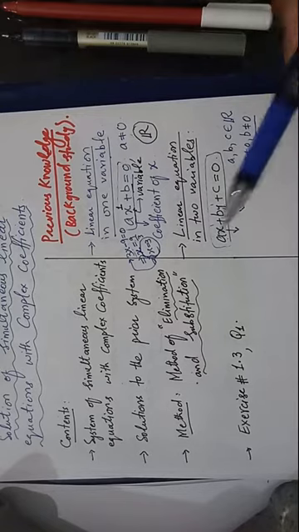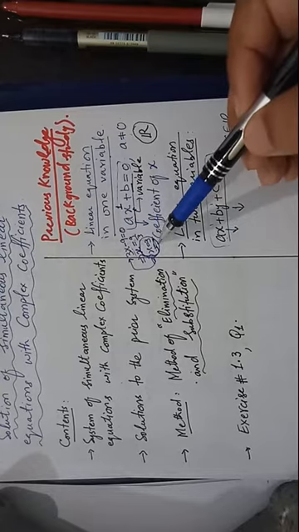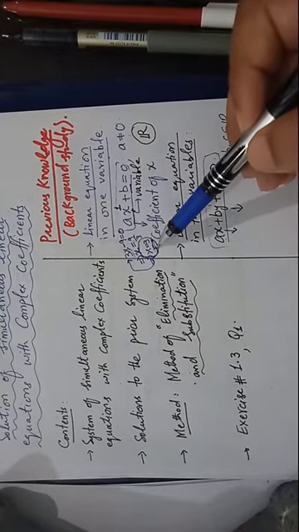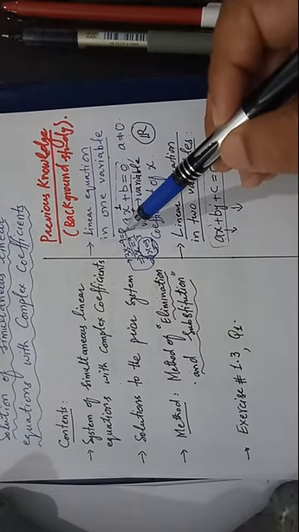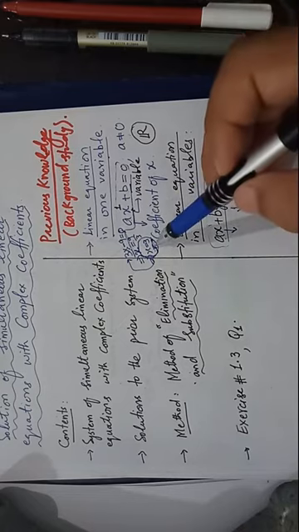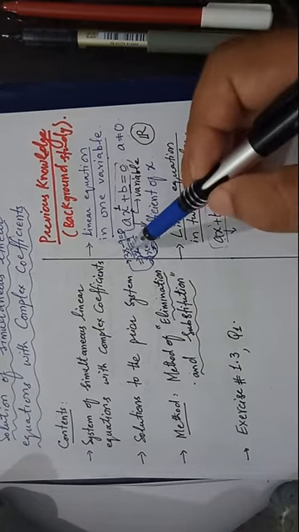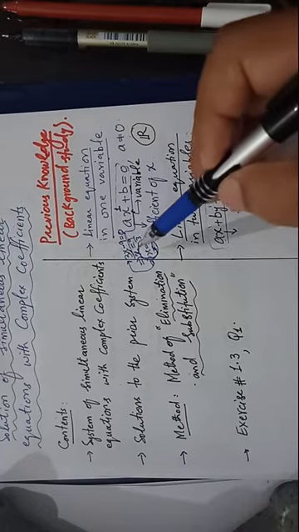Now what is the definition of the solution? Those values of the unknown, this x is your unknown, those values of the unknown for which the original equation is satisfied. So what does it mean? It means that when you put the value of the variable in the original equation, that is, you plug x equal to 3 into the original equation and the left hand side becomes equal to the right hand side, then that value of the variable is called the solution.